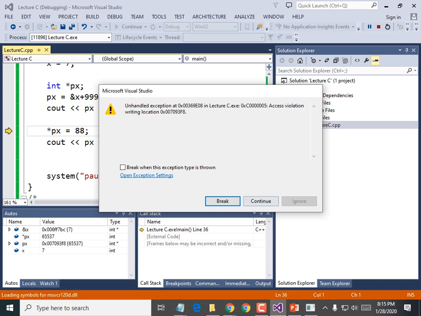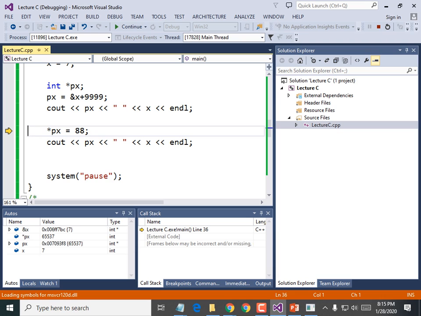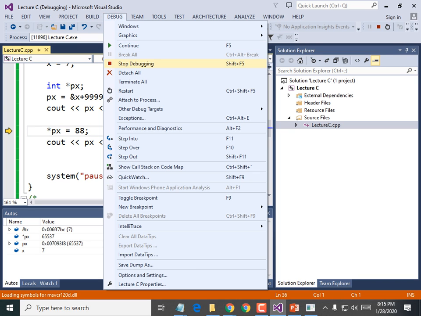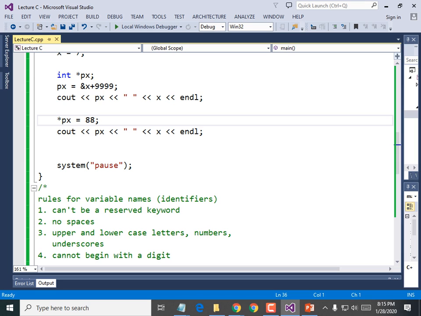I'm getting into trouble because now once I made that mistake, it goes into debugging mode, and I'm going to have to get it out of debugging mode. So I would click debug, stop debugging. Well, anyways, so I gave it the wrong address. I added 9999 to the address, which is not part of memory that this program is supposed to